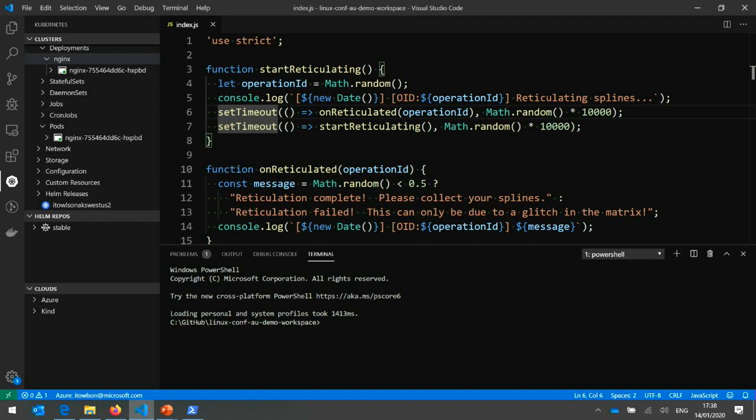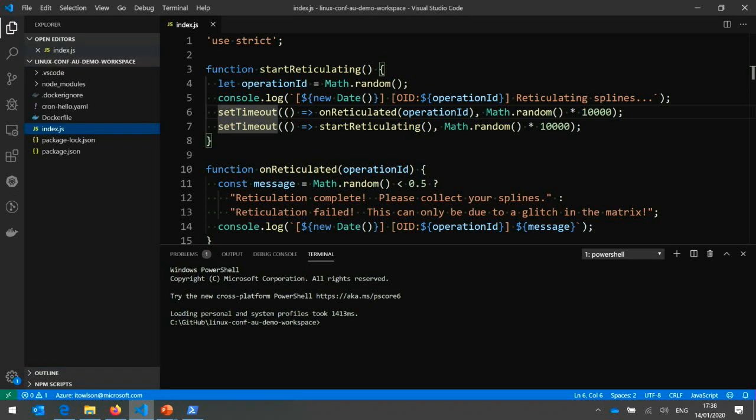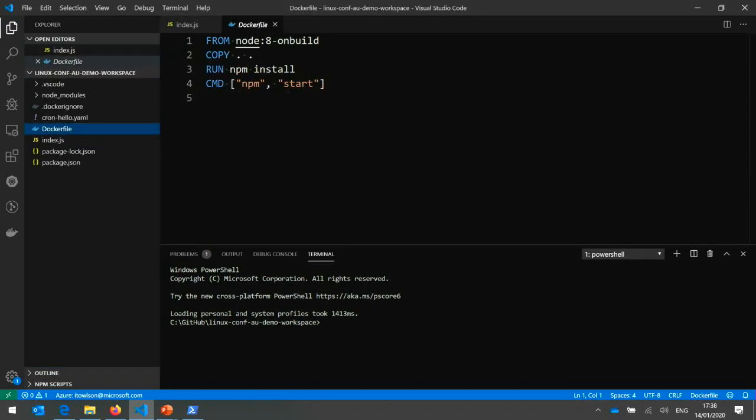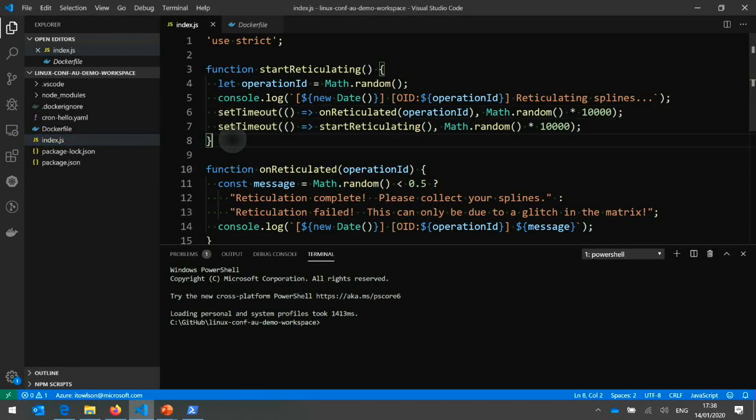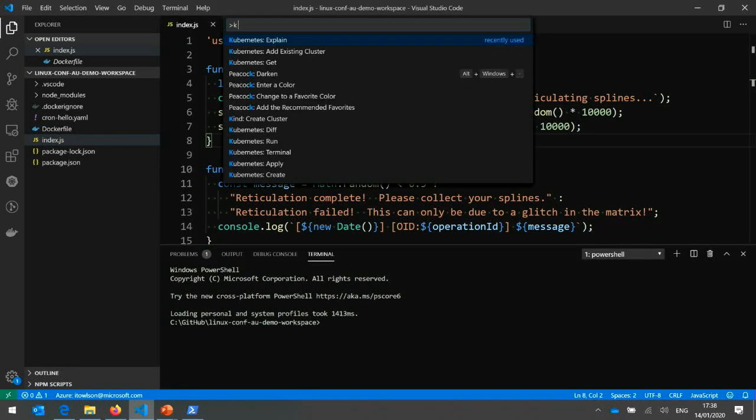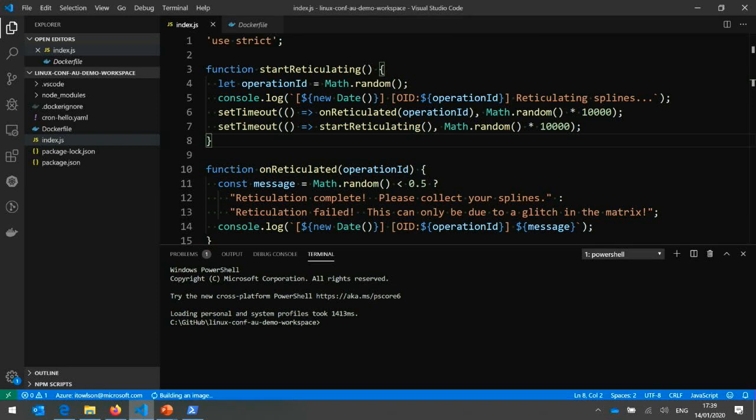And I would like to deploy this to my Kubernetes cluster. But all I've got here is a JavaScript file and a Docker file to say how I want it to be put together. What I can do with this is I can go Kubernetes run, and it will build using the Docker file. It's pushing that over the very powerful conference Wi-Fi. It's pushing that image to,